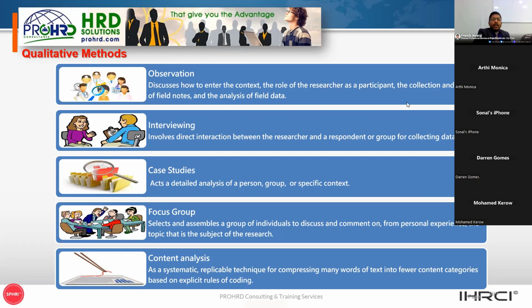Then we talked about content analysis. Content analysis provides an empirical basis for monitoring shifts in public opinion, using data collected from HR projects. For example, we see the trend: in the 40s, 60s, and 70s, we talked about employee relations and record keeping, then the pattern changed to employee relations, HR, and human resource development. Now we are talking about strategic business partnering. That is the pattern we see.